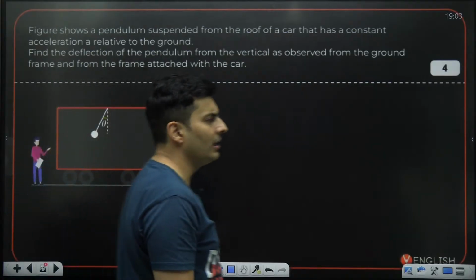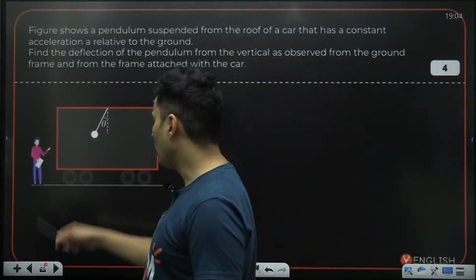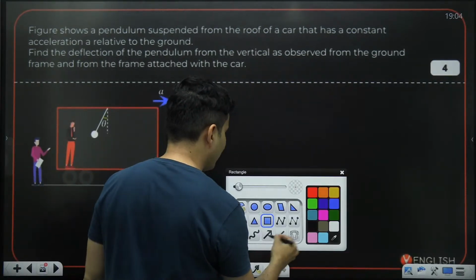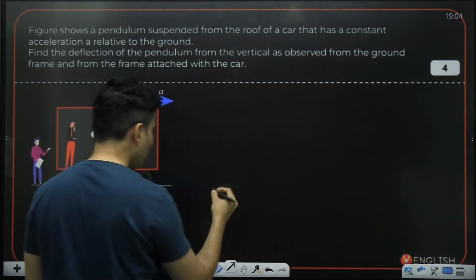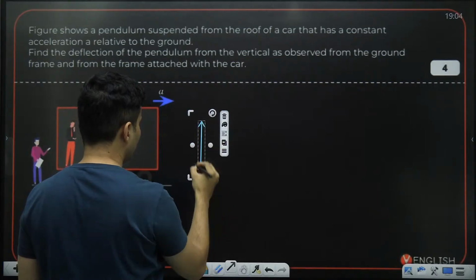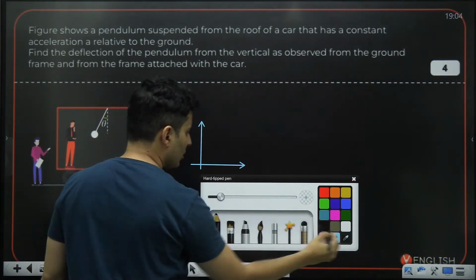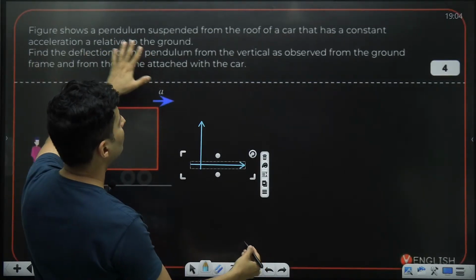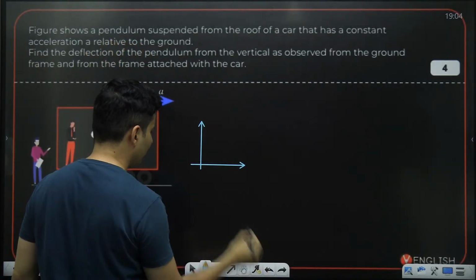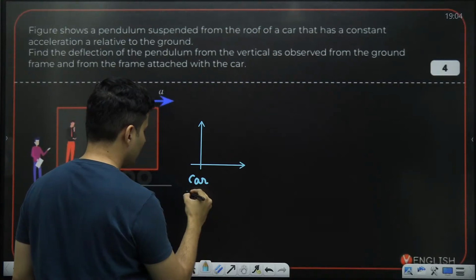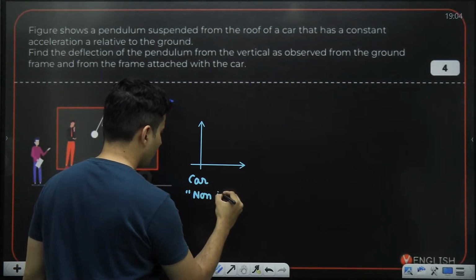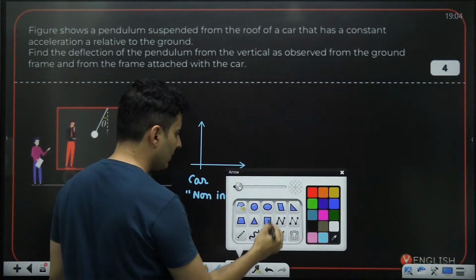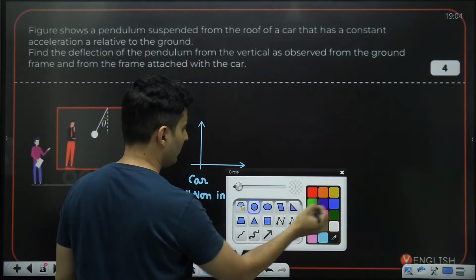All right, not a big deal. First, let's look from the observer inside the particular train. What will he see? The observer inside that particular frame of reference. The car frame of reference, the roof of a car, obviously is non-inertial in nature. So when we try to draw the free body diagram of this bob,